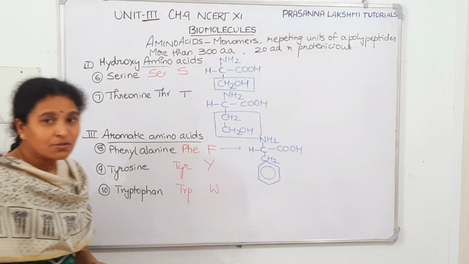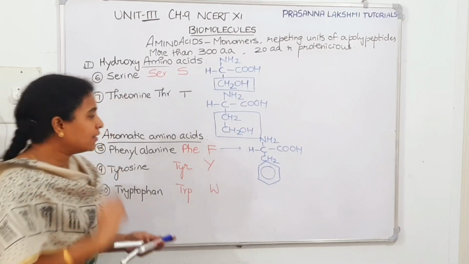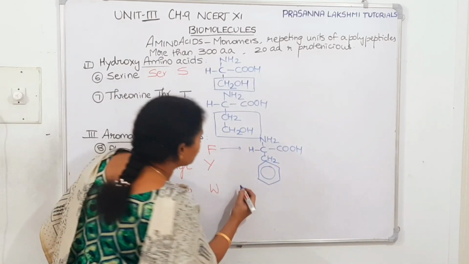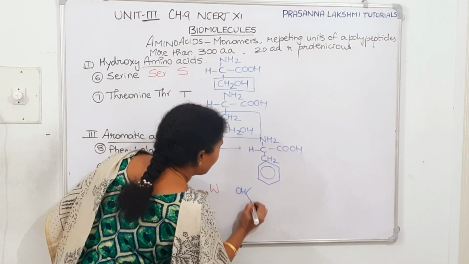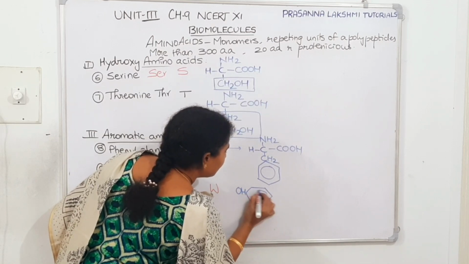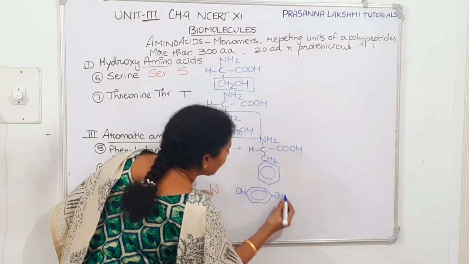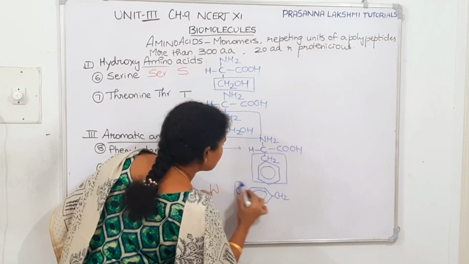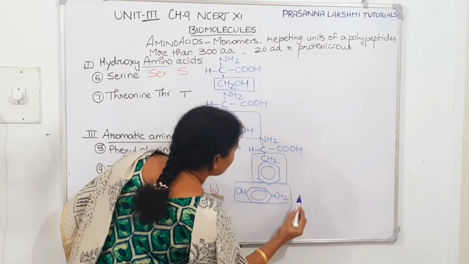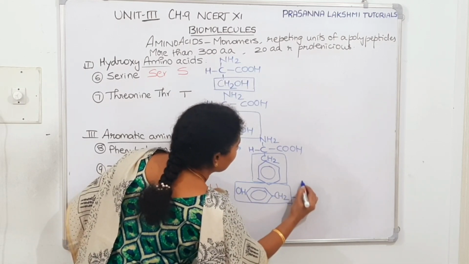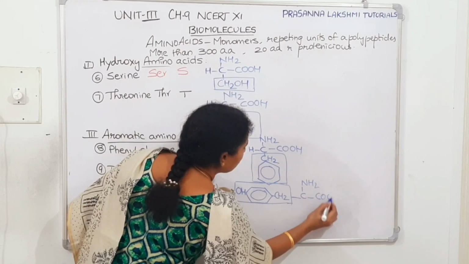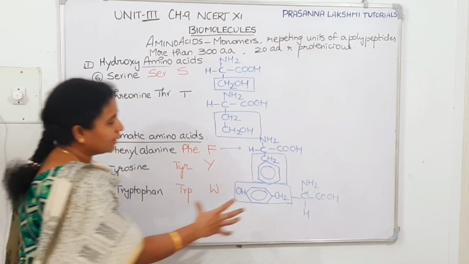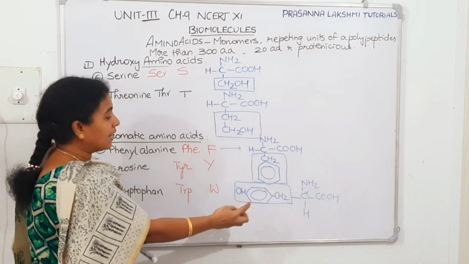Now, if we have to write tyrosine, hydroxylated phenylalanine is tyrosine. That means we just draw phenylalanine. To that we'll add an OH group. So, see, I'm adding an OH group. And here is the phenyl group. And this is the R group. So, if this is the R group, it is phenylalanine. If this is the R group, to which we need to take amino group one side, carboxylic group one side, and hydrogen one side. This is tyrosine. So what did I do? I took the same phenylalanine structure. To that I added an OH group.